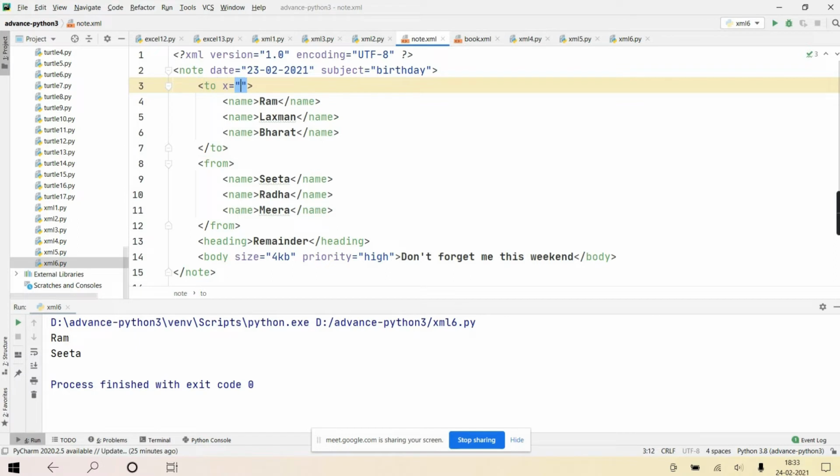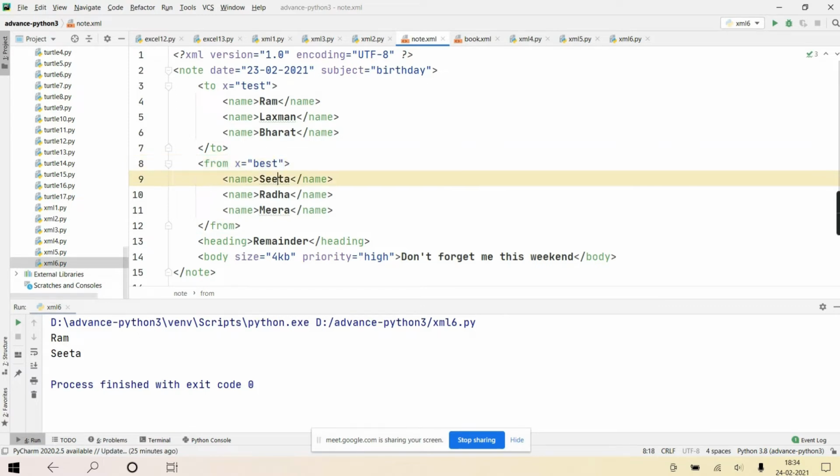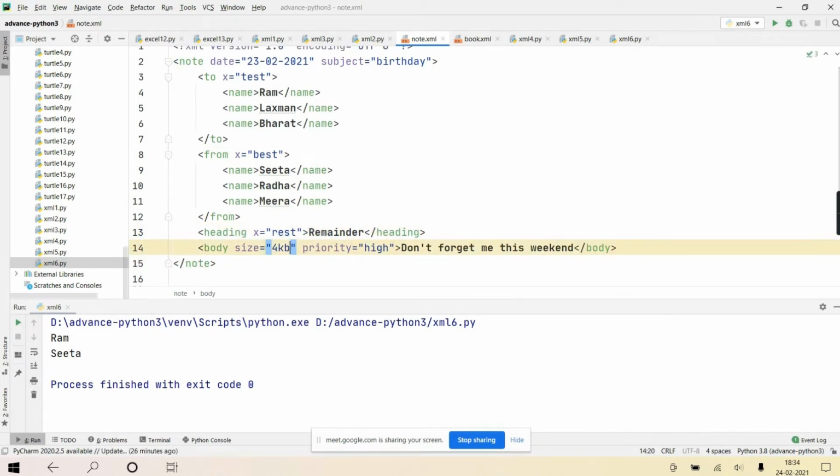Suppose for the time being I am giving some attribute x here, and also here.